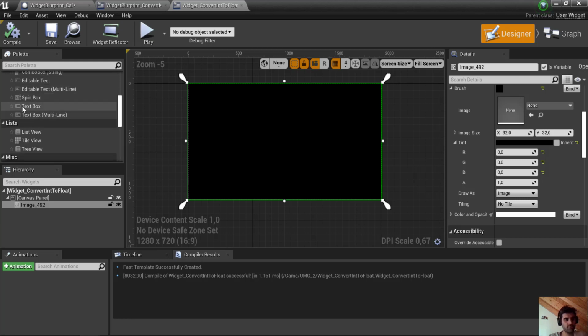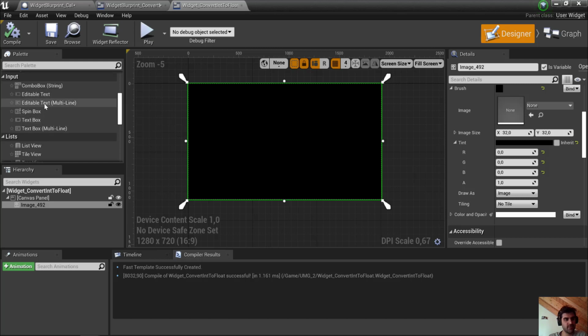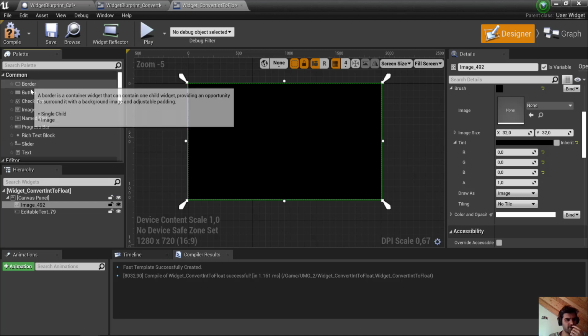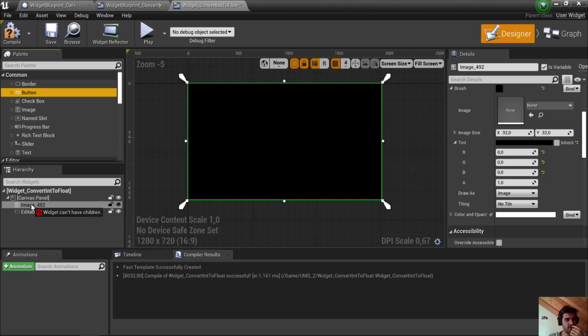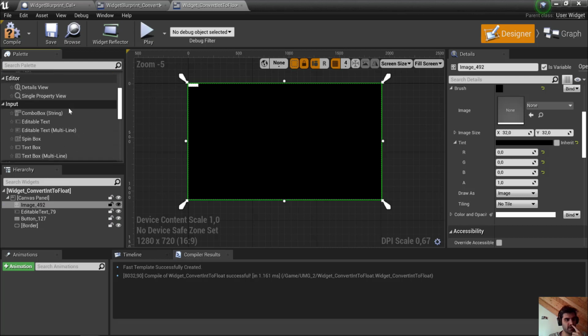Yes, we need also input text. We need editable text. We also need that. I'm going to bring it down here for later times, and also I need a button, so I'm going to bring it in here for later times. Around the input text, I also want to create a border, so I'll also bring it to here again for the later times. But before that, I need